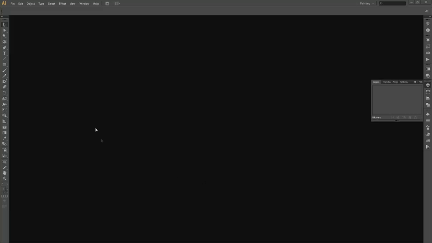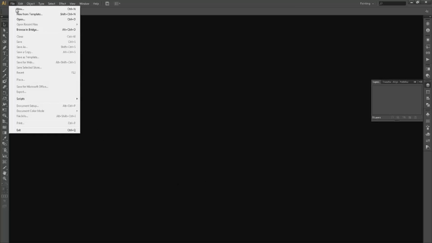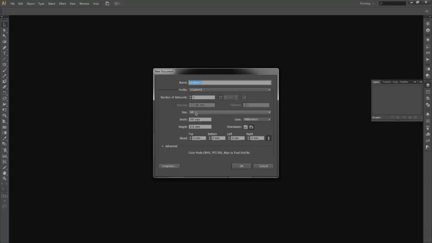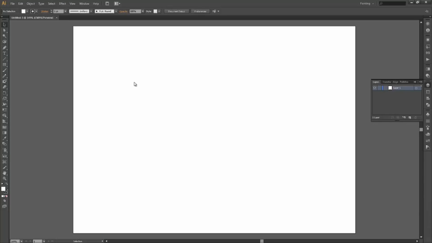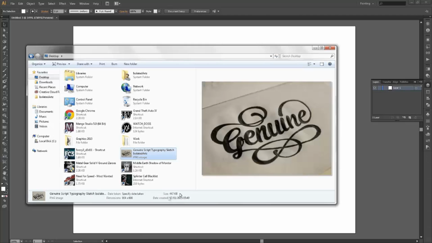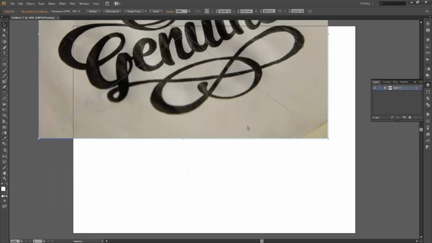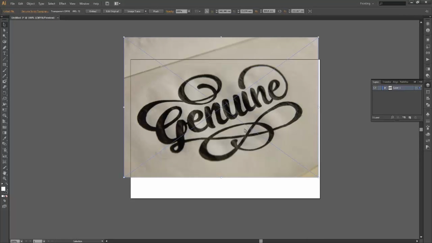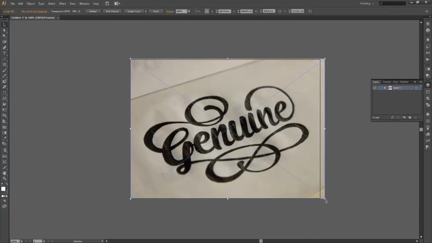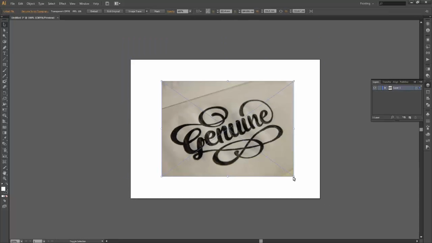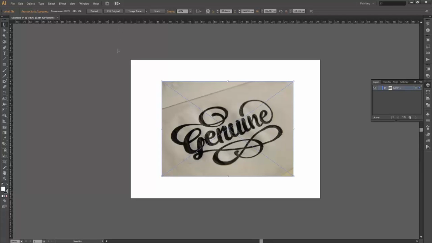First, start by going to File, New, and setting your document as an A4 horizontal. Just hit OK, and I'm going to drag in some typography I did over Christmas. I'm going to drag that over to my document. You want to rotate it and scale it down to the size that you want. I'm going to scale it down like that, and hit Ctrl R to bring up the